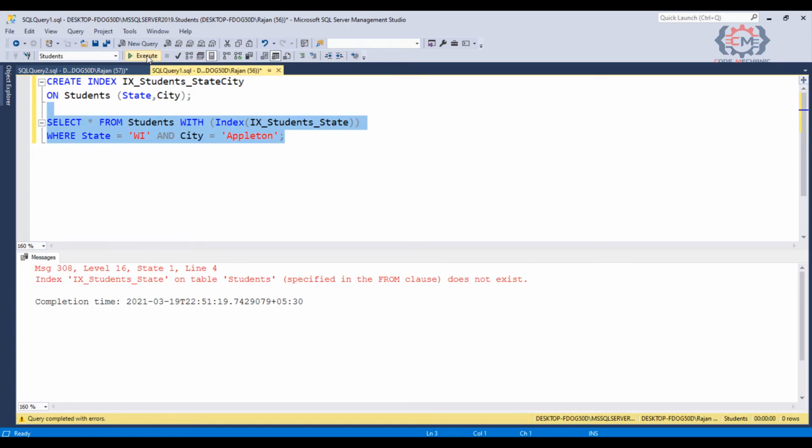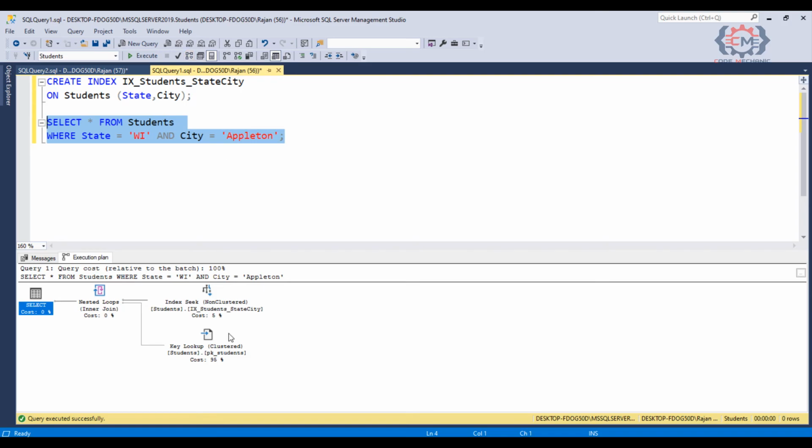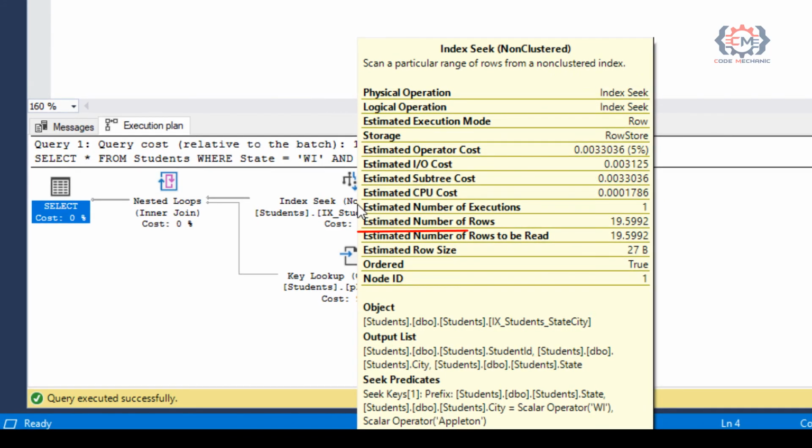Now we will go ahead and get the execution plan again for our query. Actually, we have to get rid of our hint in order to make this work, because that index does not exist anymore. And we see now, with this more selective index, SQL Server is able to use the index, because we see this index seek operation here. If we mouse over this, we see SQL Server is expecting to get back about 20 rows. In reality, it's going to get a few more than that. But because this index is more selective, it can be used by SQL Server, because we are doing a better job of targeting the data that we want.